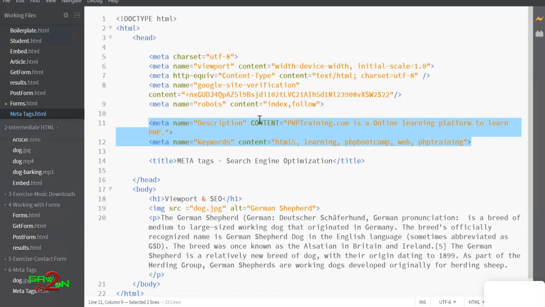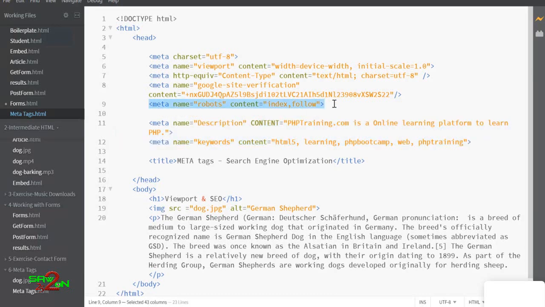That's the reason you write description and keywords, and you are communicating this with the search engines. If you want the robots to index, then you can say index. You can even stop them by saying nofollow. They will index, but whatever links they find, they will not follow. You can even say noindex, meaning they will not index this page. So you're basically communicating with the robots.